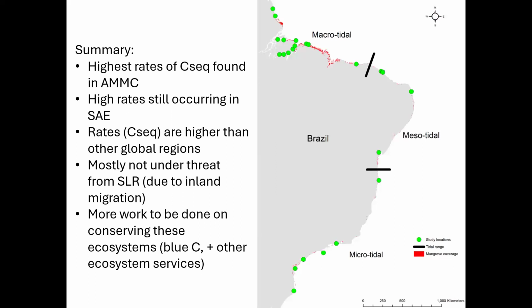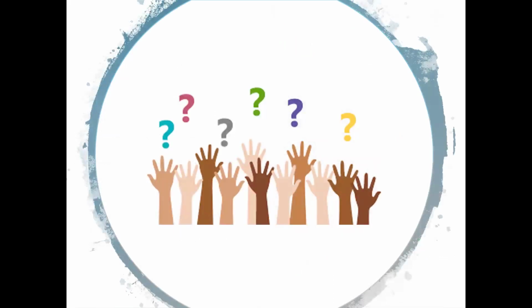And as it usually kind of occurs at the end of these talks, more work needs to be done on conserving the ecosystems from a blue carbon perspective, but things should never be focused on blue carbon, because sometimes people can kind of focus on the carbon aspect and neglect those other ecosystem services, including the important biodiversity and supporting local populations. Okay, so that's kind of my summary of mangroves and kind of blue carbon, and then I think we're kind of ready to go over to any questions.